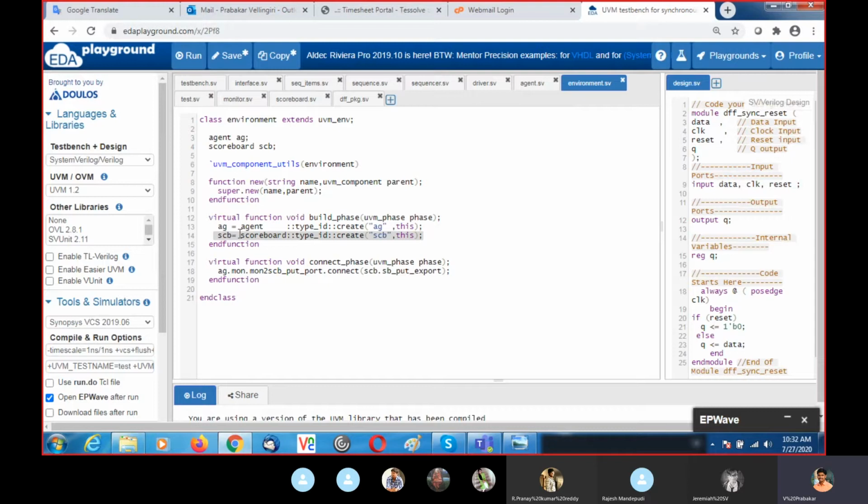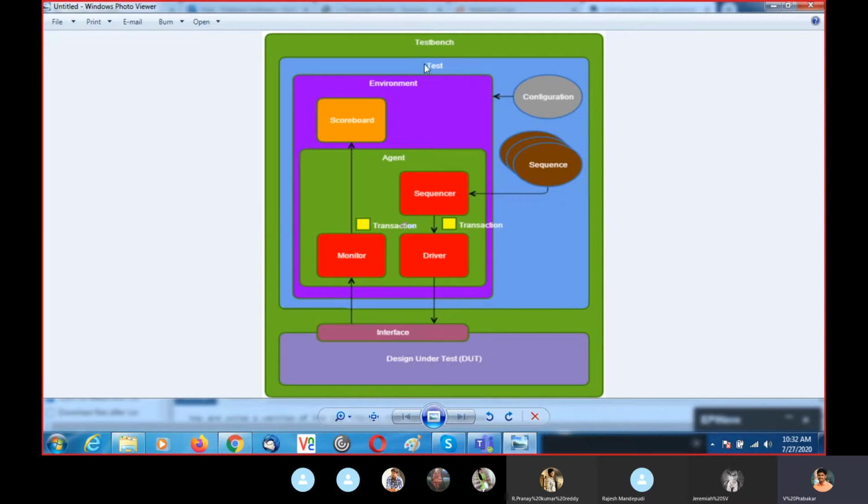In the test we instantiate the environment and create the object, so the environment is created, and inside it the scoreboard and agent are instantiated.